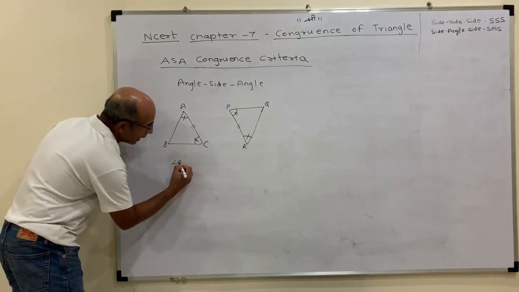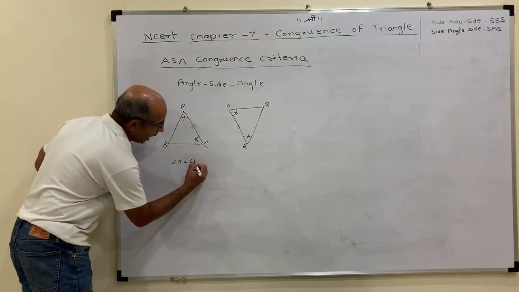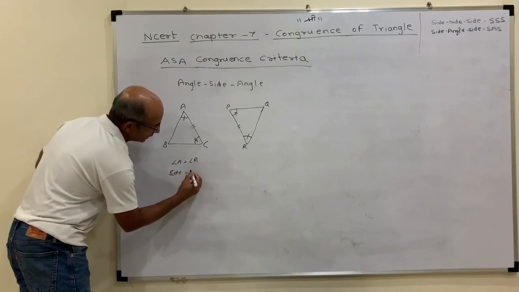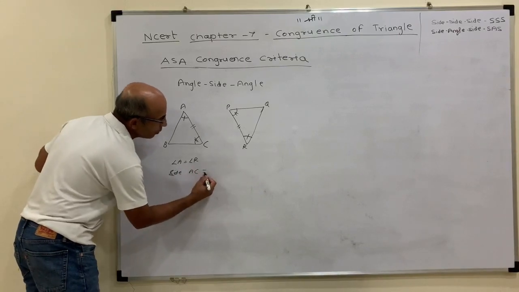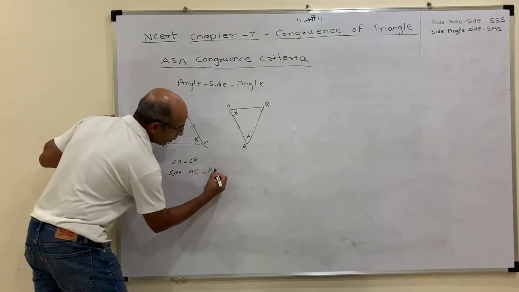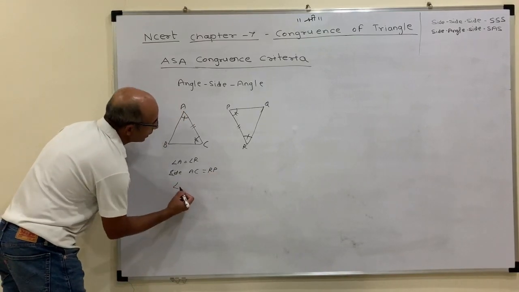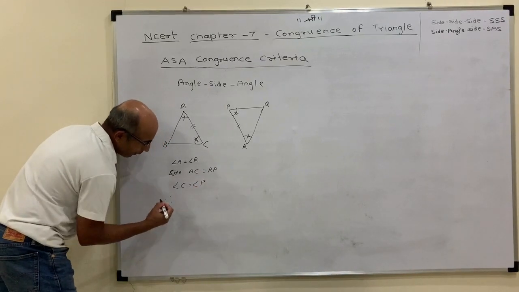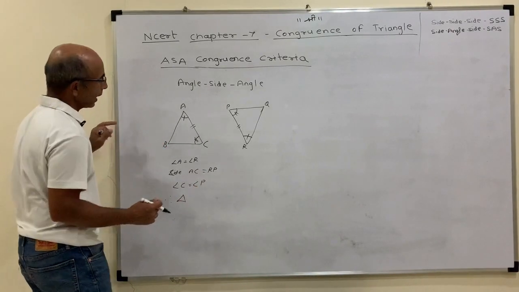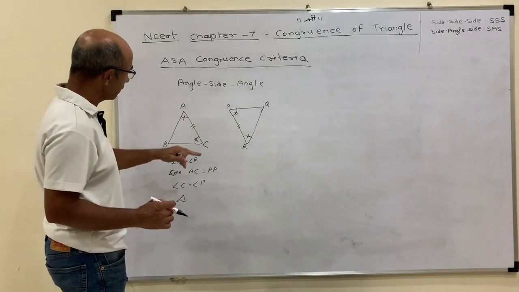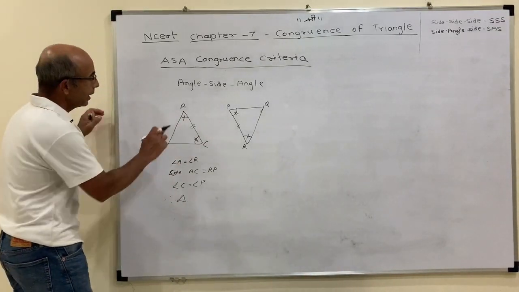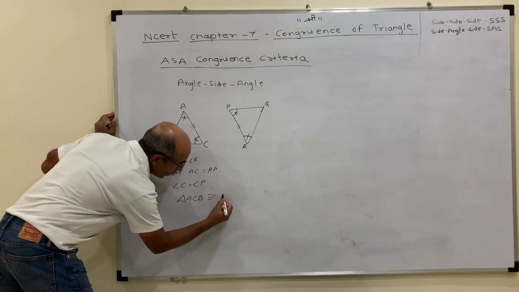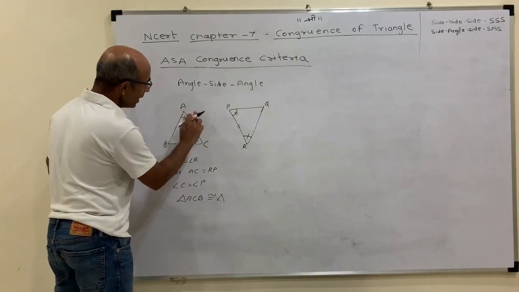Now angle A is equal to angle R, side AC is equal to side RP or PR, and angle C is equal to angle P. Then therefore triangle, now we need to be very particular about the sequence in which we mention the triangle. Triangle ACB is congruent to triangle